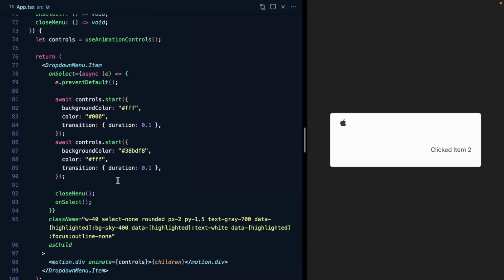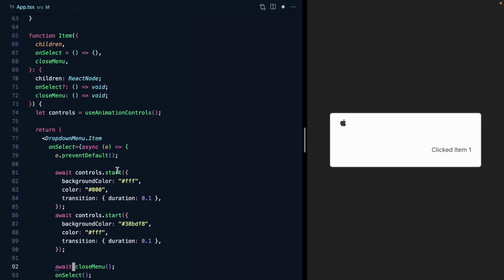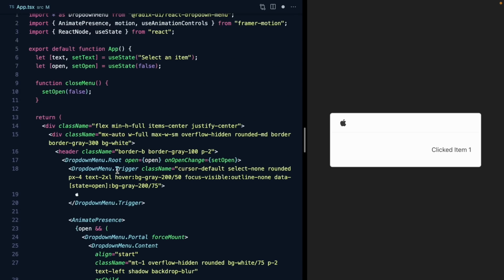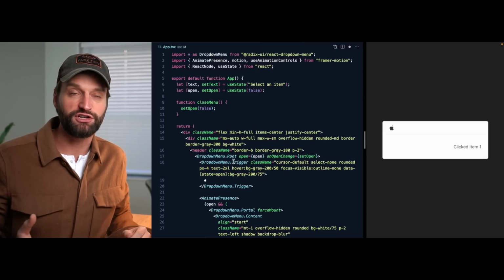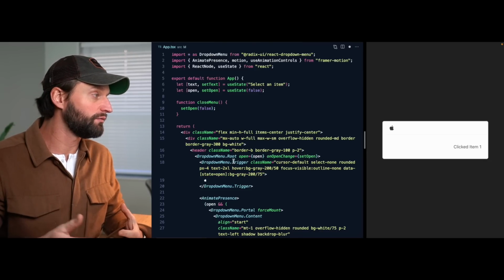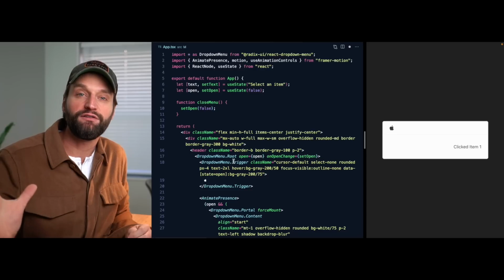Well, we already have an async function. We're awaiting the blink so that that happens first, but then we're just running closeMenu and immediately running onSelect. So if closeMenu was async, then we could actually also await it right here. And that would give the menu time to close before we run our onSelect. So how might we make this closeMenu function an async function that actually waits until the menu has finished running